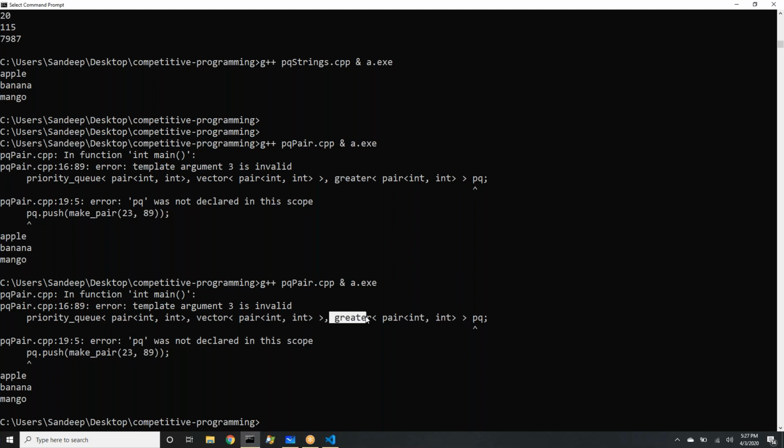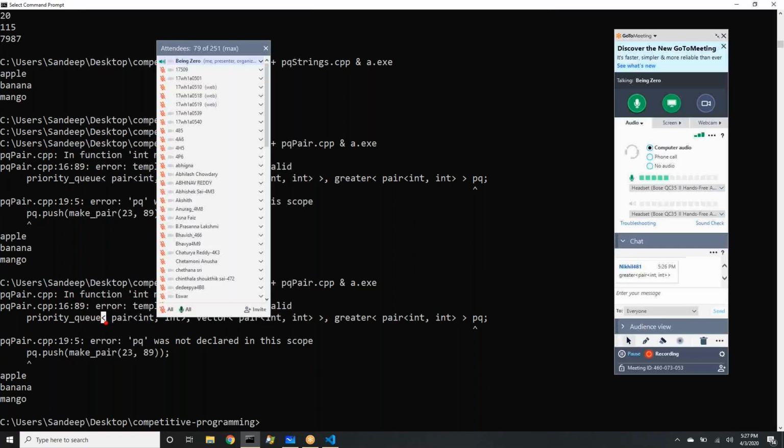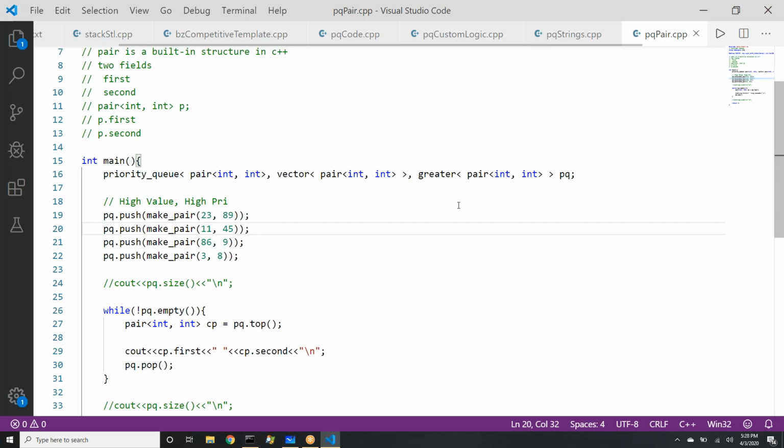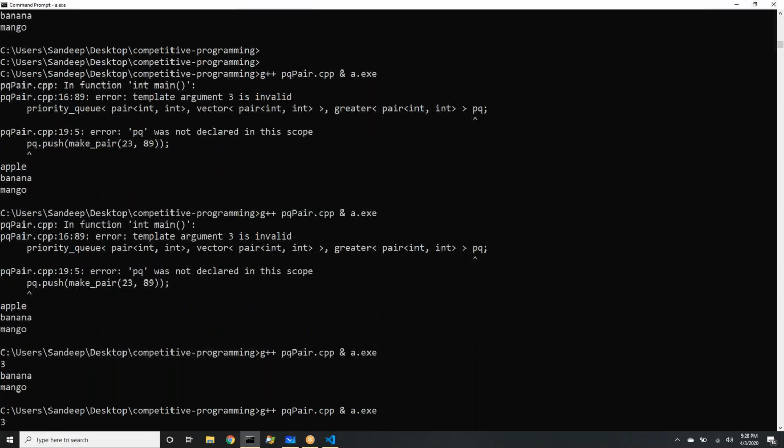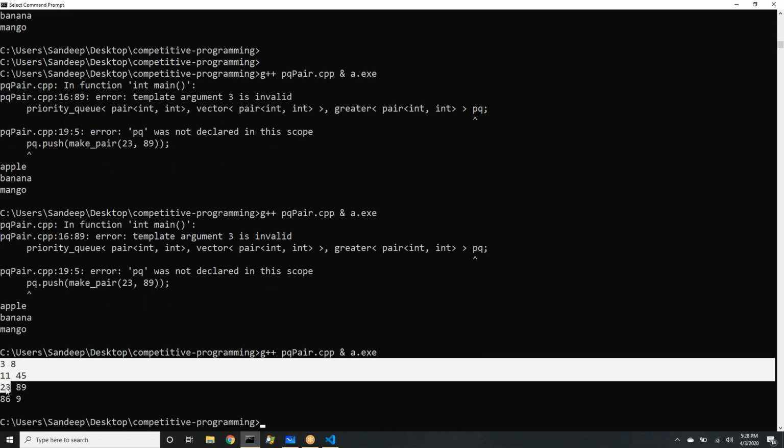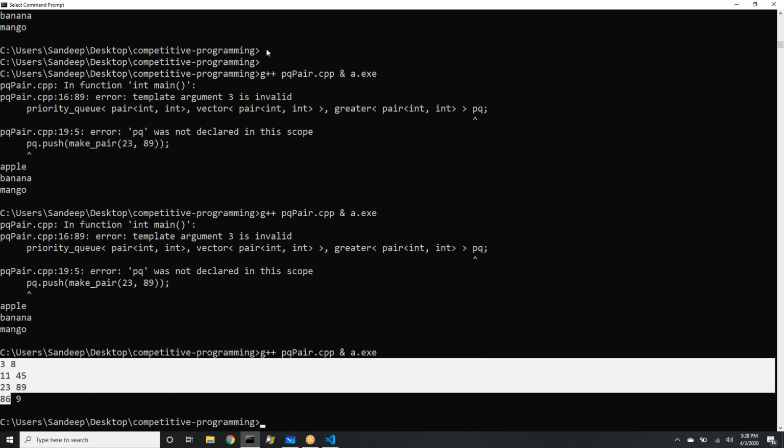Okay, so here actually if you see greater, angle bracket start, angle bracket closed. Pair started and closed, but there is no closing for the initial angle bracket. Sorry, this angle bracket is not having a closing angle because this closing is for greater, this closing is for pair. So I'm missing one. I'll tell you a tip so that we can avoid such compilation mistakes also and we can code faster. Let's compile and see. Now it is sorted on the first field, but this is sorted in ascending order, right?